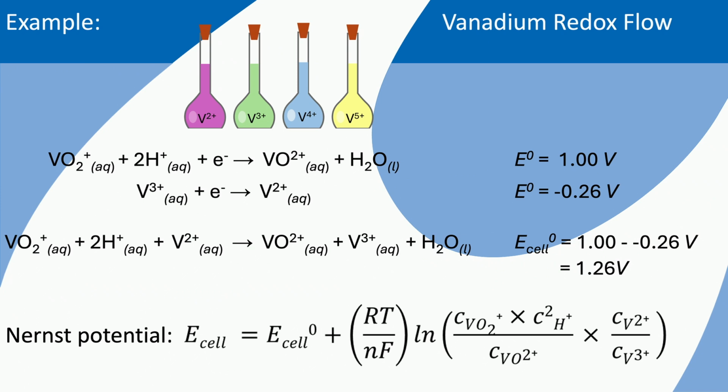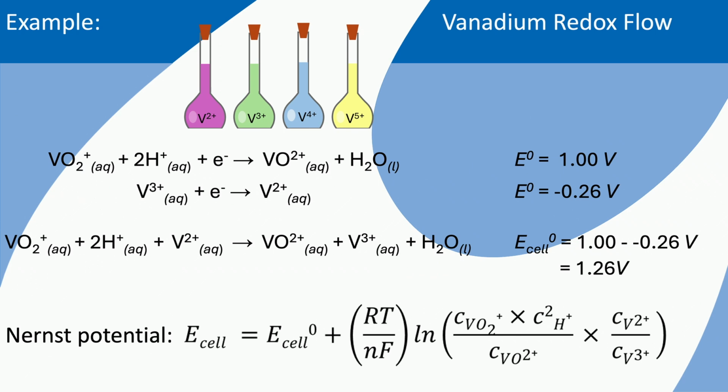The discharge reactions that occur in a vanadium redox flow battery are vanadium 2+ ions to vanadium 3+ ions. The electrons that are being released go to the positive electrode, where vanadium 5+ goes to vanadium 4+, but this happens in specific soluble species of vanadium, the oxyvanadium 5 cation or oxyvanadium 4 cation for vanadium 5+ and 4+ respectively. During the discharge reaction, the concentration changes as vanadium 2+ and vanadium 5+ will be consumed.